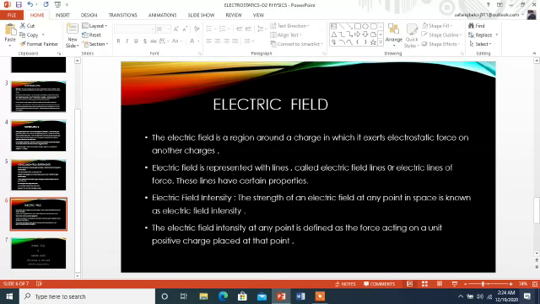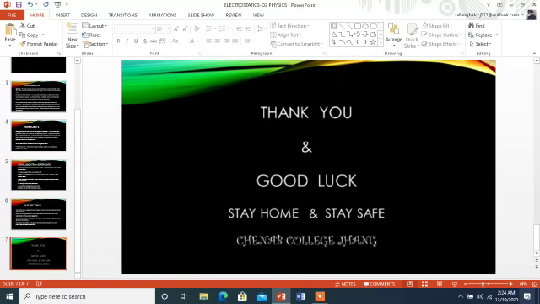Next, we have studied electric field. Electric field is a region, a space, or an area around a charge within which it can exert a force on another charge. Moreover, electric field intensity is the strength of the electric field at any point. How much strength the electric field of any charge has at a particular point is termed electric field intensity. So this is all about